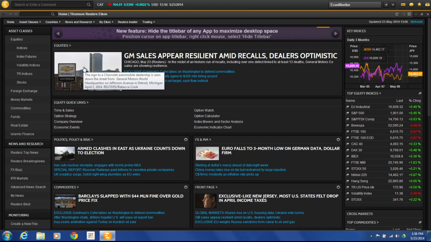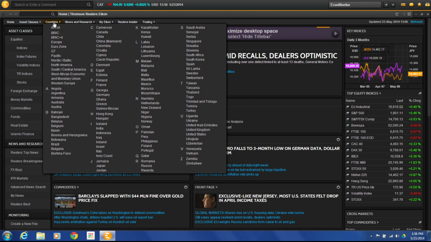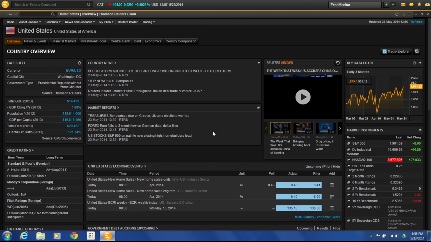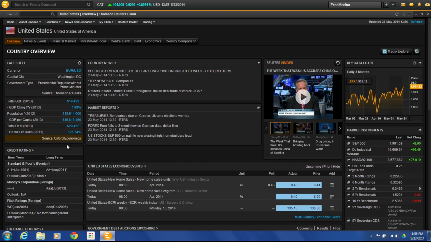So let's say here, for example, let's start up at the top here, where it has asset classes, countries. So if I wanted to get an overview of what the Canadian markets look like, or the Malaysian markets, or if I wanted to just see the United States, whatever country it is, let's just go into the United States here for just a moment. And this will give me a broad overview of the US market, so I can see its currency. I can see what its GDP is, what its debt is, credit ratings,